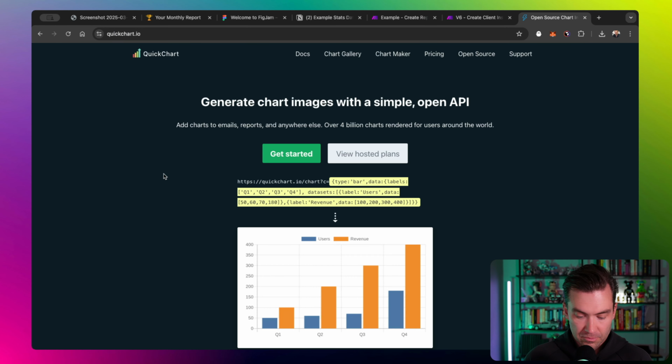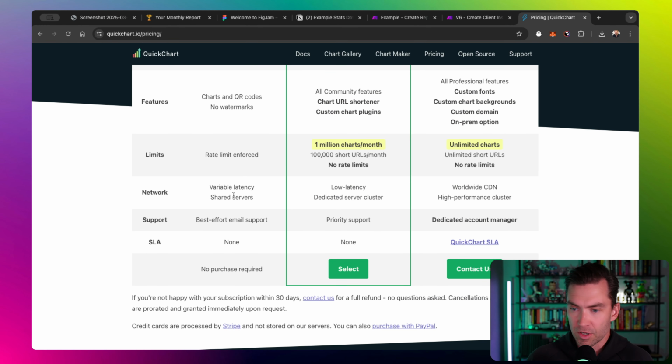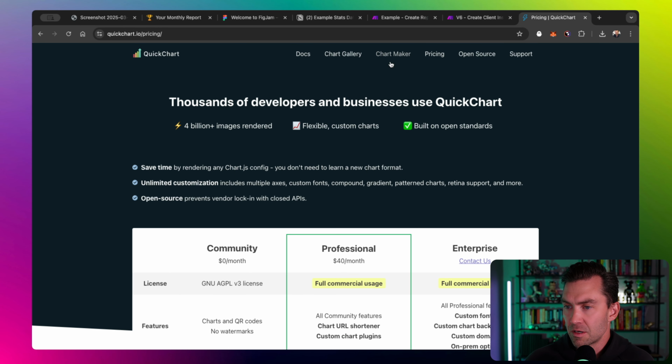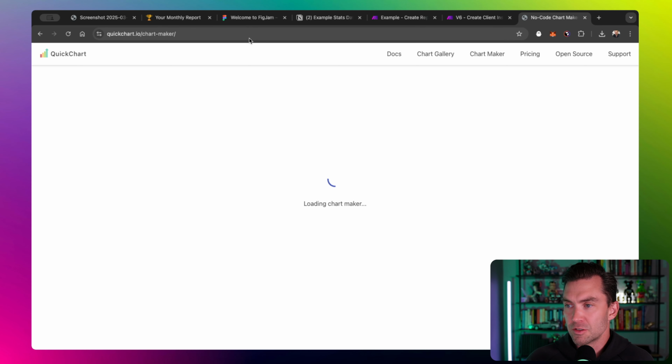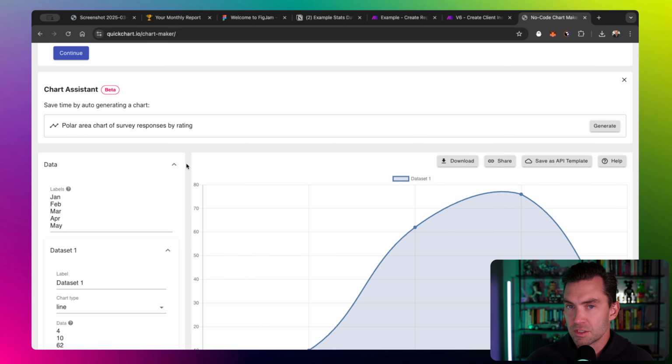IO. I think the pricing's like, yeah, you can do free as long as it's rate limited, but I think as long as you're doing basic stuff. So for what I needed, it was super, super basic and easy to throw together. But if you use this chart maker, you can create these charts and then it gives you a URL that you can send data to, and then it just creates an image of the chart. So it's super cool, super easy